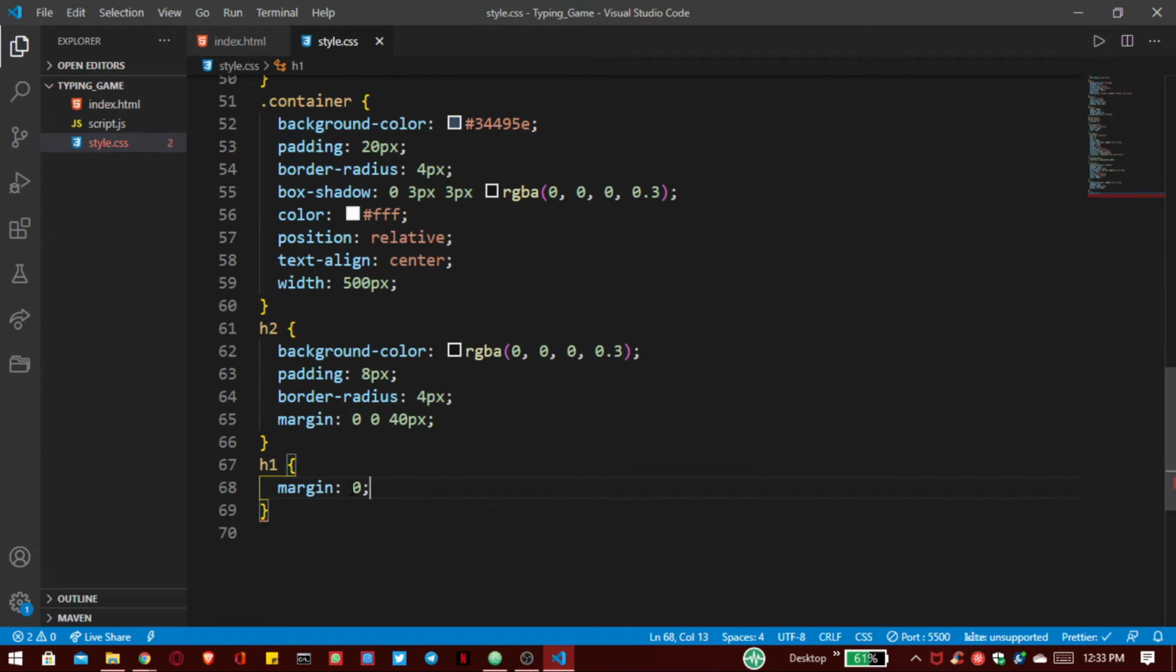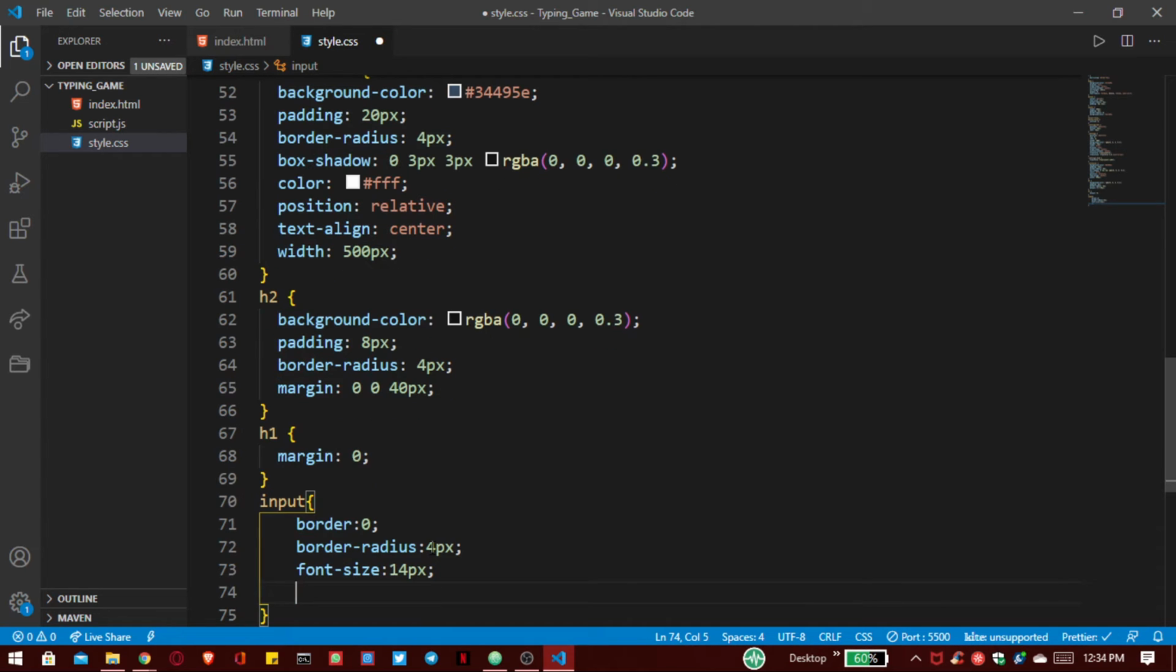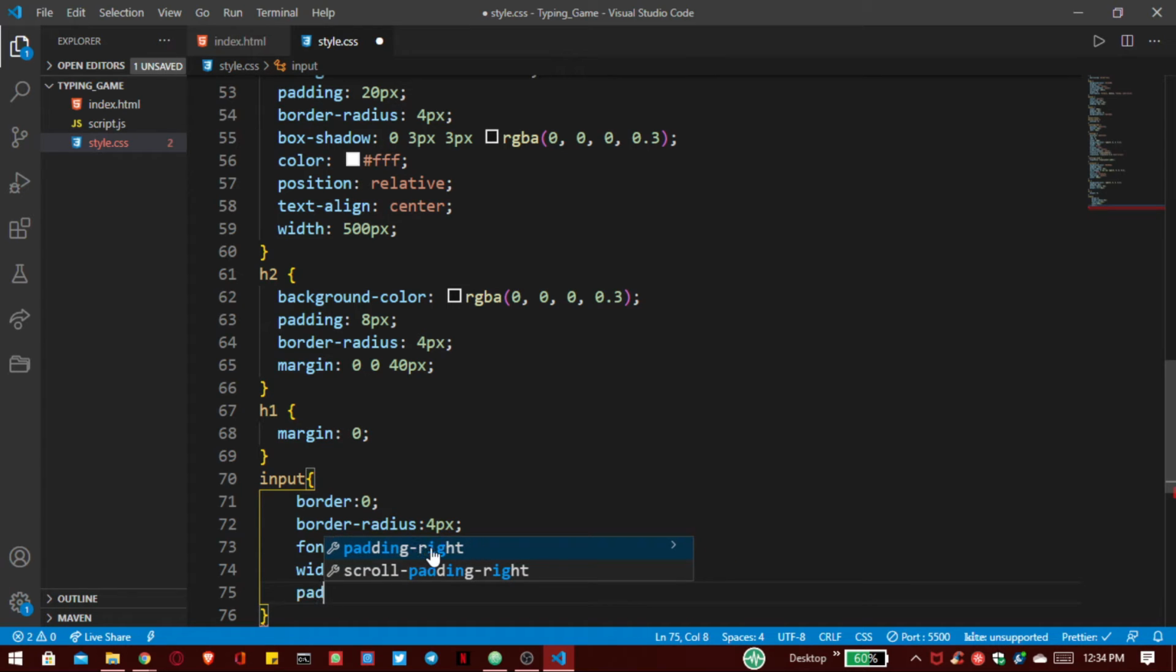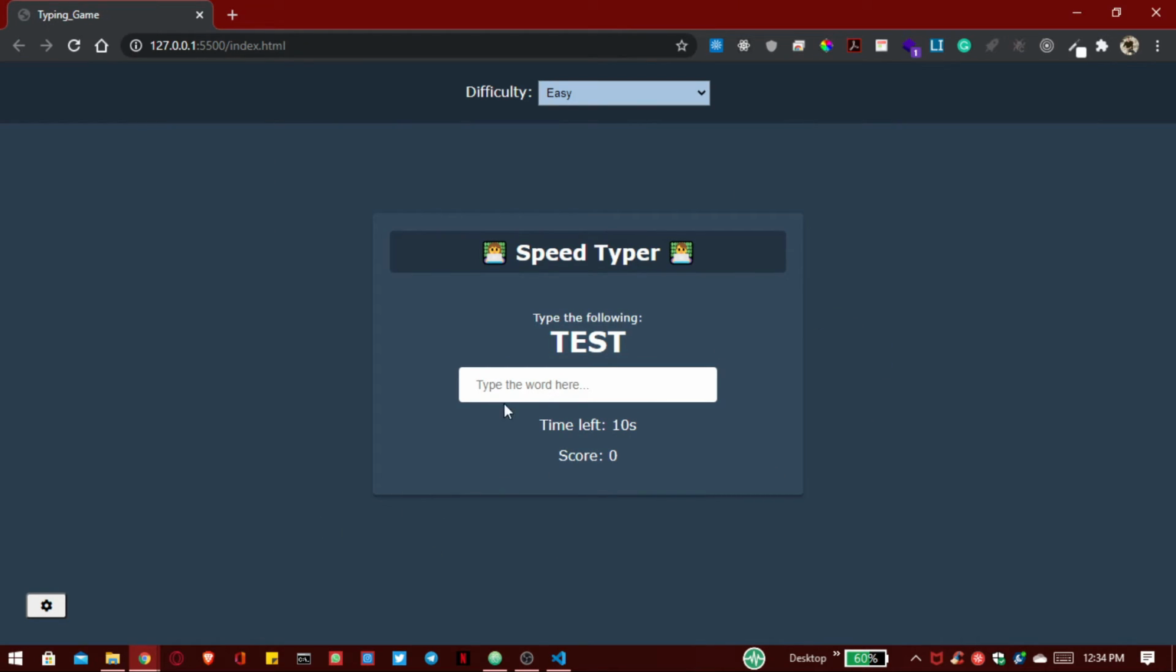Now apply CSS for this, input is equal to border 0, then border radius is 4 pixels, font size is 14 pixels, width is 300, padding is 12 and 20, and the last one is margin top 10 pixels. So you can see here this